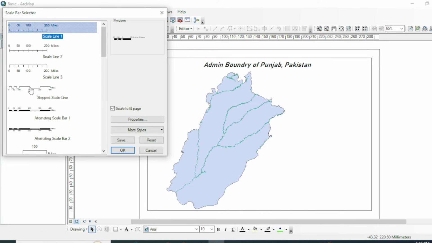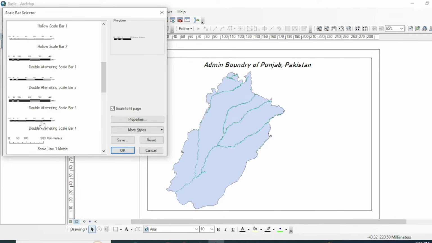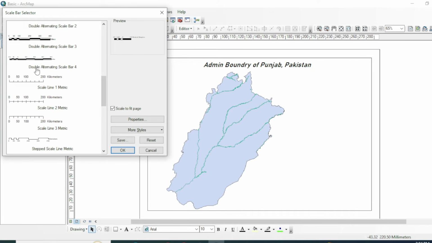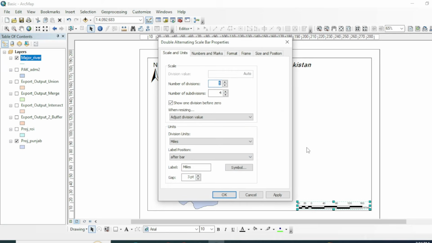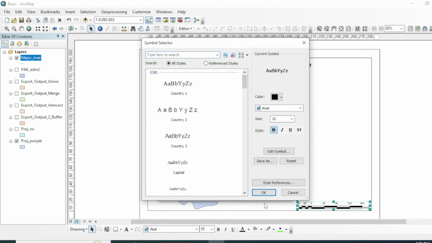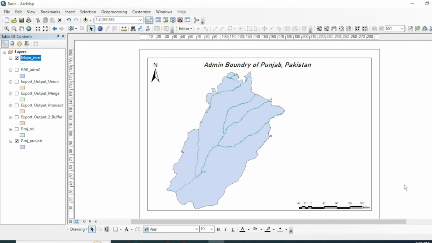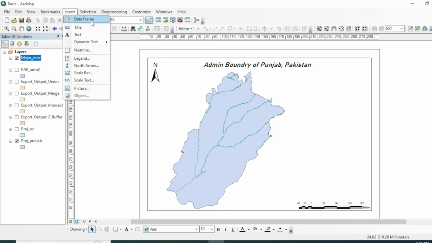So now you can add a scale bar. You can also double click on your scale bar and you can customize this. Instead, if you want miles, okay, you can make it bold like this. So okay, now we will insert another data frame